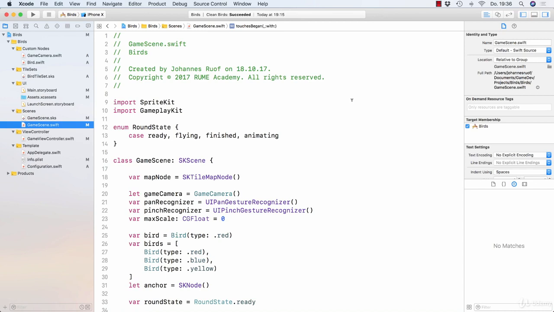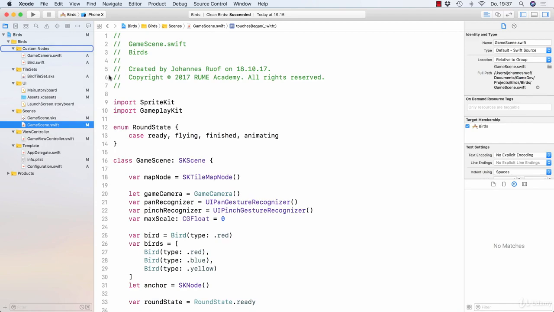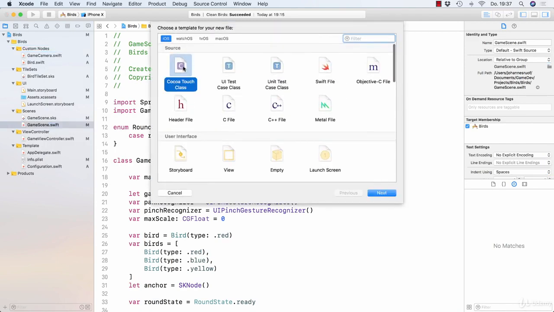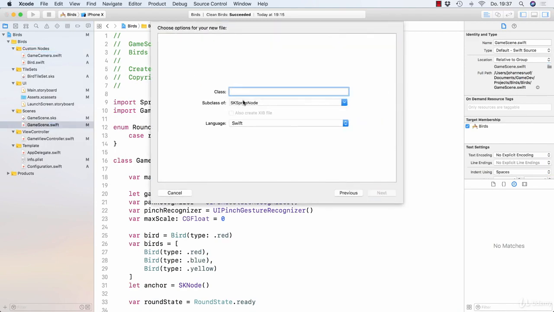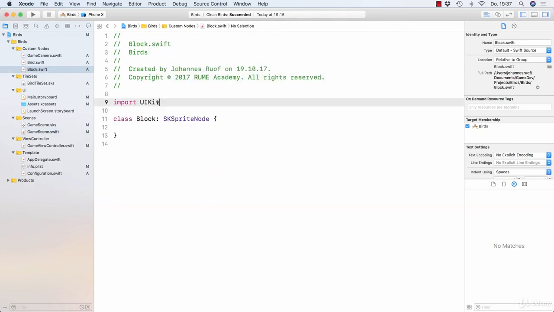To be able to properly handle them in our game, we will add a custom node class for them. It will of course be added to our custom nodes group, and it will be a Cocoa Touch class. The superclass will be SKSpriteNode, and I will call the new class Block. I can then create it, and after we've exchanged the import to be SpriteKit to get rid of our error,